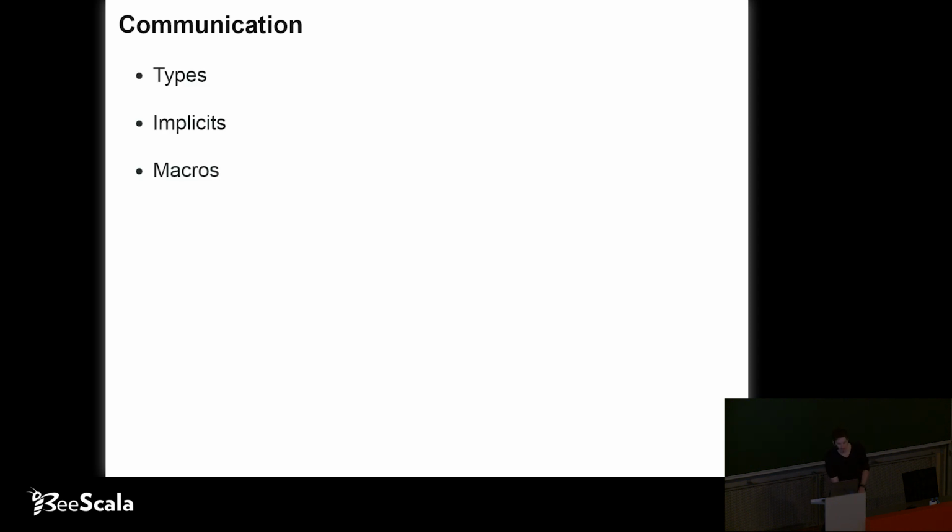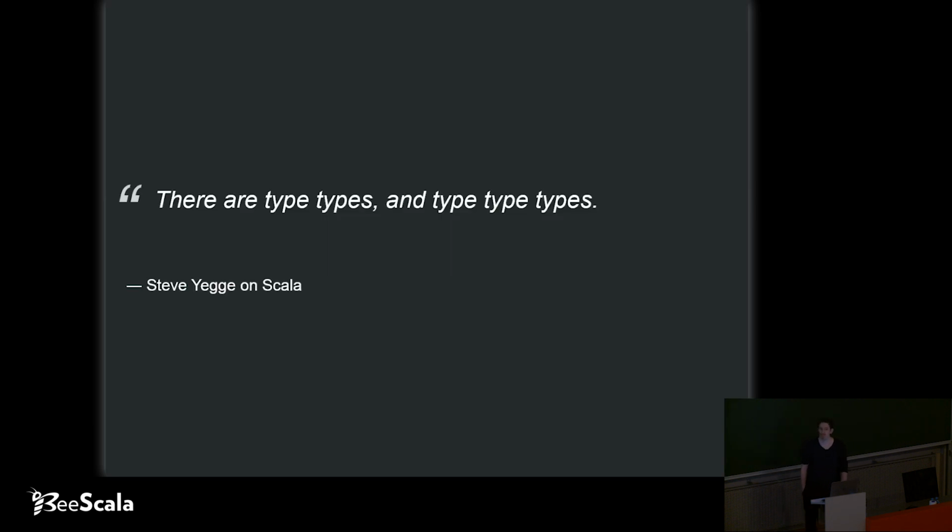Scala's type system is quite famous or infamous for being advanced. As we saw in the previous talk, we can do quite complicated stuff with it. But we're going to leverage the type system for communication with the compiler. For the purposes of this talk, types are going to be viewed as compiler-verified facts. It's a fact that the compiler can keep track of and verify its consistent usage. If we declare that something is an int, the compiler is going to make sure that we use it consistently as an int, and we can't make mistakes